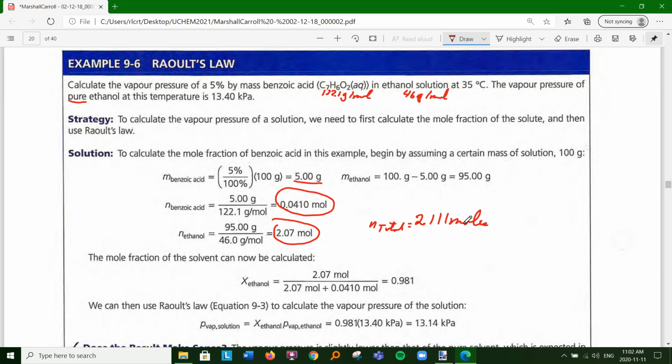Okay, so the mole fraction of the ethanol, the solvent, would be 2.07 over the total, 0.981, and the mole fraction of benzoic acid, the solute, if you were asked that, would be 0.041 divided by 2.111,